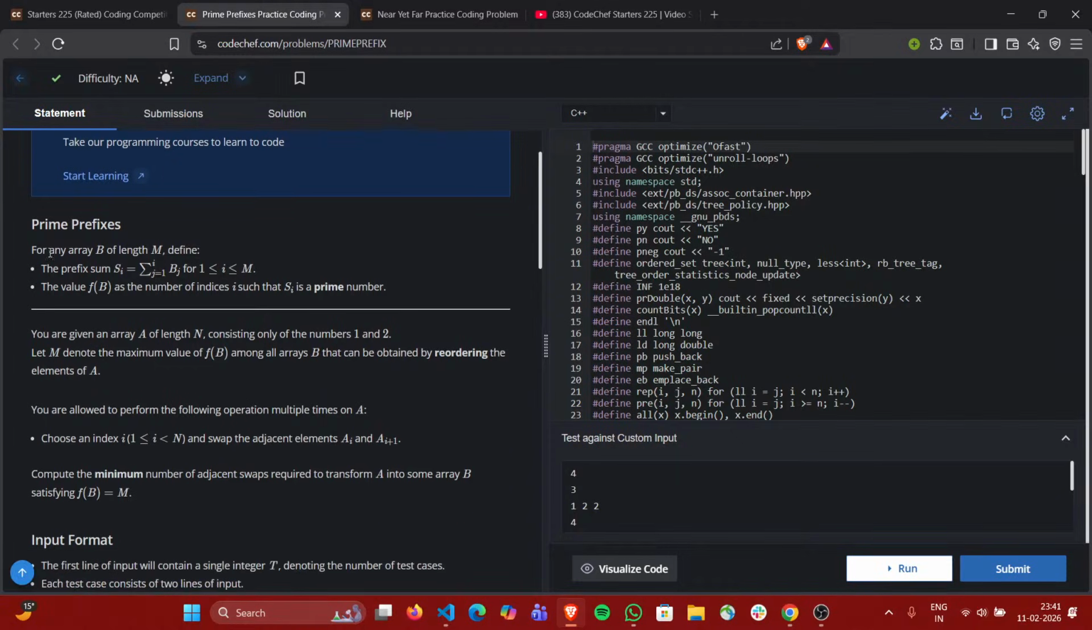So this is not a simple question. For an array B of length m, you have to define the prefix sum s of I. You have been given the definition of prefix sum s of I, and you have been told